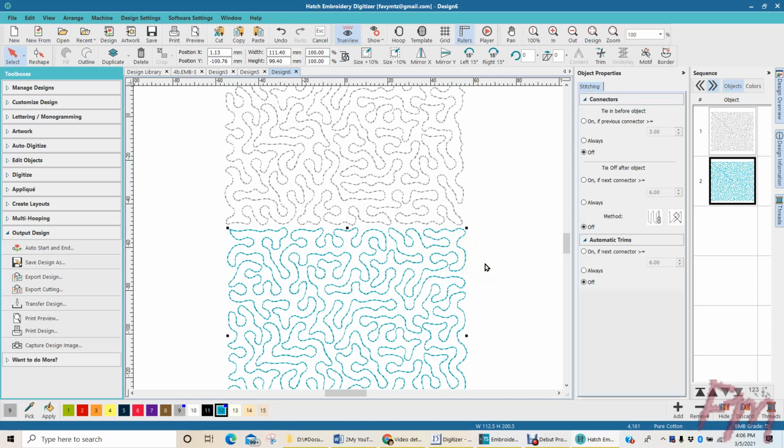But anyway, I hope that this little tutorial was helpful to you, and if you want to experiment with it, I welcome you to try it. It can be a lot of fun, but again, it'll be a little bit fiddly and a little bit time consuming, but it could be well worth it if you really wanted a smaller loop spacing and a different stitch length for your all over